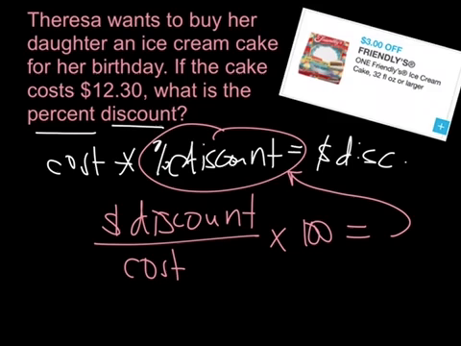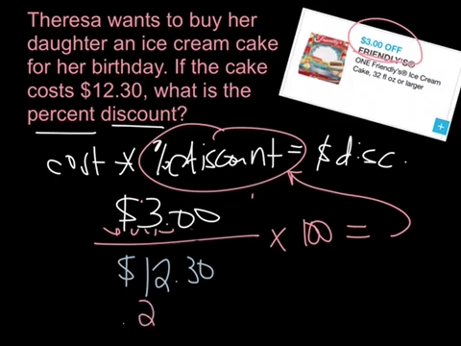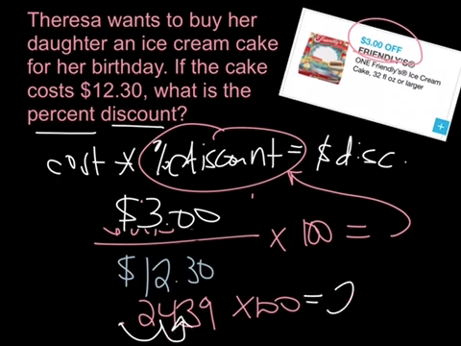So if we go ahead and look at our money discount, we'll see that we have $3 off of Friendly's ice cream cake. So we're going to replace the money discount with $3. And then we're going to replace the original cost with $12.30. We're going to divide those two numbers. When we divide those, we get 0.2439, which we then are going to multiply by 100, which requires us to move the decimal point back 2 spaces to the right, and we get a percent of